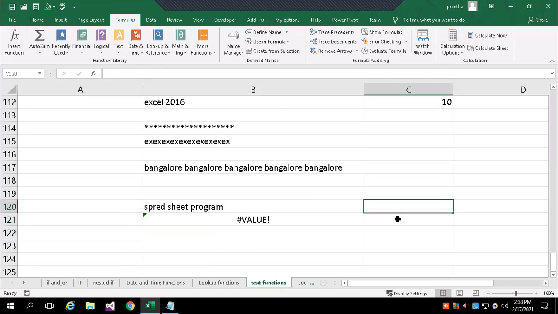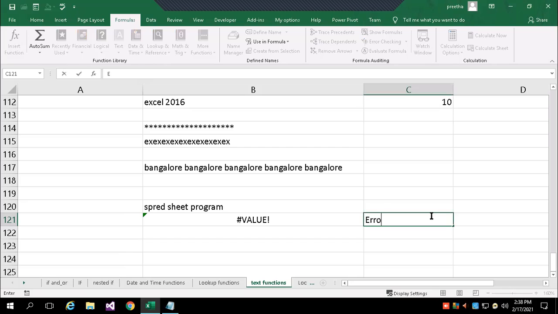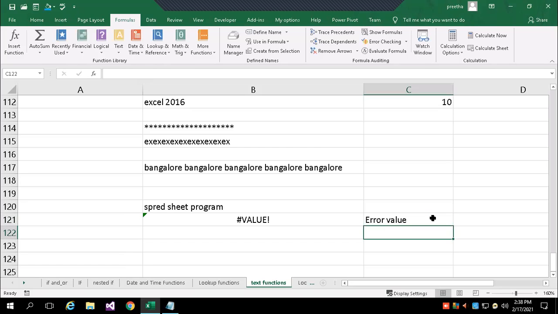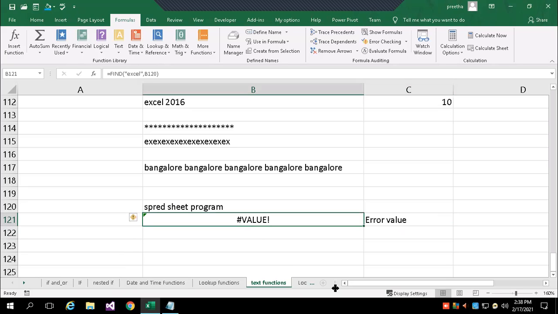Okay, so you can make a note, one of the error values, hash. This has to be noted down, because in future, when you are in a company or at a later point of your class, if this error happens, I want to take a decision on what alternative I can write.